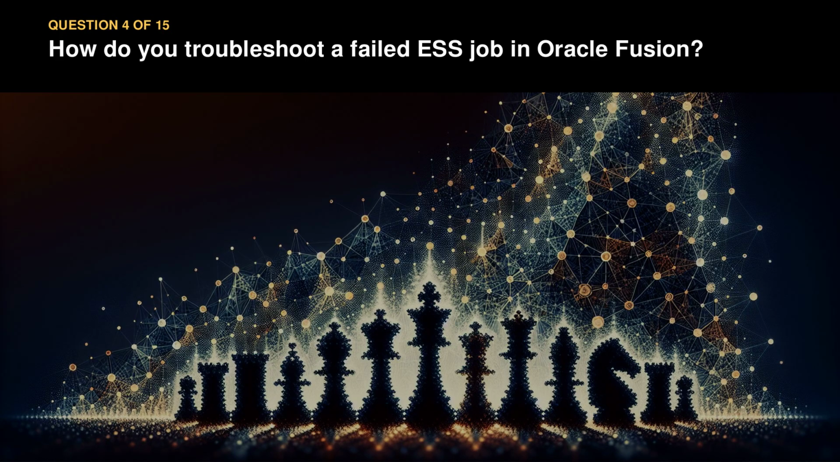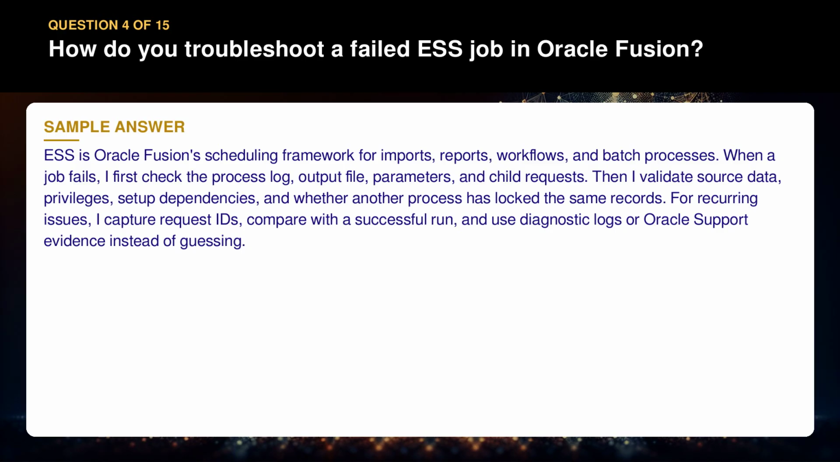Question 4. How do you troubleshoot a failed ESS job in Oracle Fusion? ESS is Oracle Fusion's scheduling framework for imports, reports, workflows, and batch processes. When a job fails, I first check the process log, output file, parameters, and child requests. Then I validate source data, privileges, set up dependencies, and whether another process has locked the same records. For recurring issues, I capture request IDs, compare with a successful run, and use diagnostic logs or Oracle support evidence